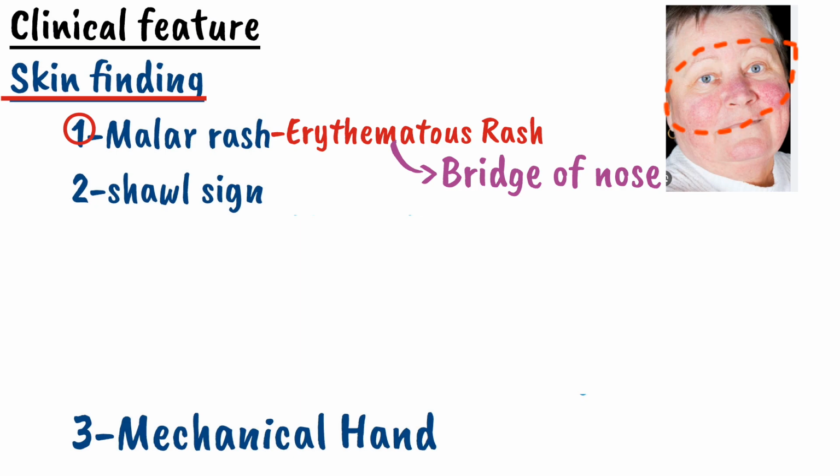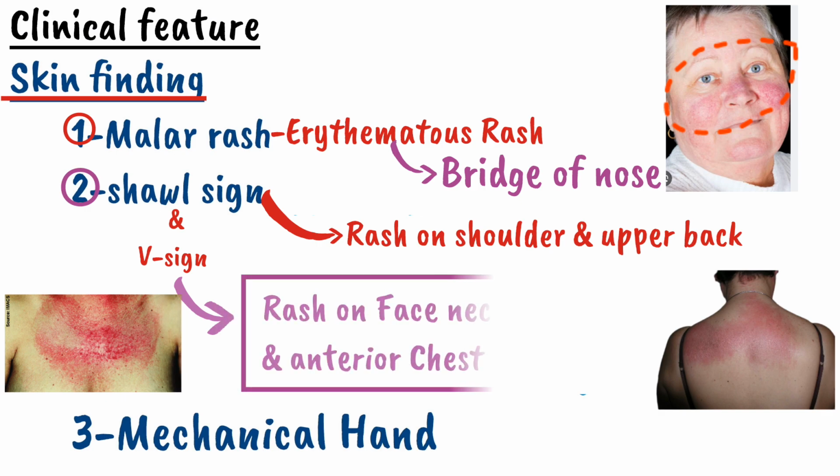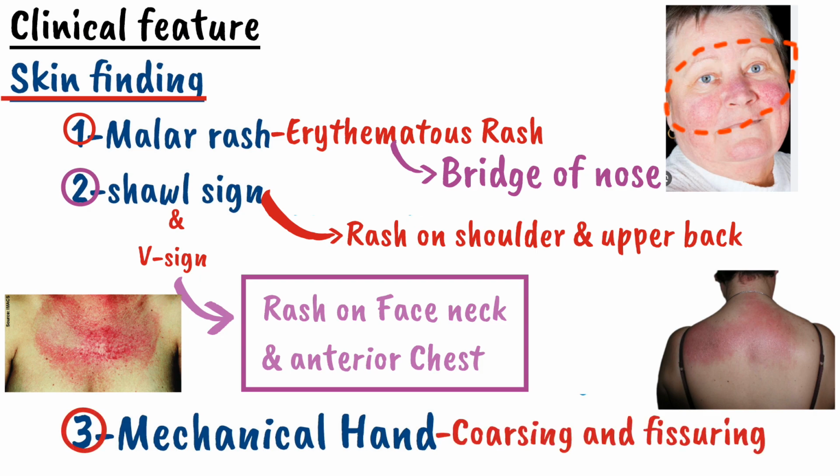Other than the malar rash, dermatomyositis also causes the shawl sign and V sign. The shawl sign is a rash on the shoulder and upper back, and the V sign is a rash on the face, neck, and anterior chest. The shawl sign is called a shawl sign because it covers those areas which are usually covered by a shawl. You guys can see the shawl sign and the V sign in these images. Apart from that, dermatomyositis also causes coarsening and fissuring of the hand along with hyperpigmentation, called